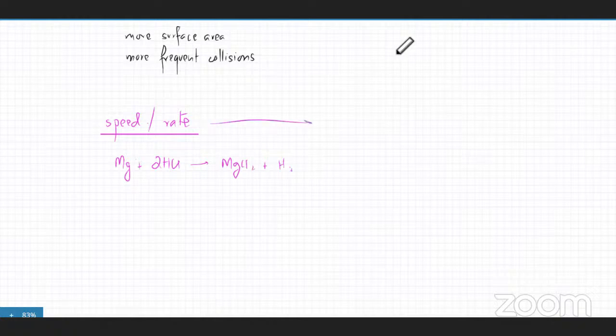Olympics में अभी races चल रही हैं, so you measure the speed of a runner, right? So how do you measure the speed of a runner? Speed or rate is any change that's happening with respect to time. It could be any change, so it's any change with respect to time. If that change happens very quickly, it takes a small amount of time, then the reaction is very fast. If that change happens very slowly,